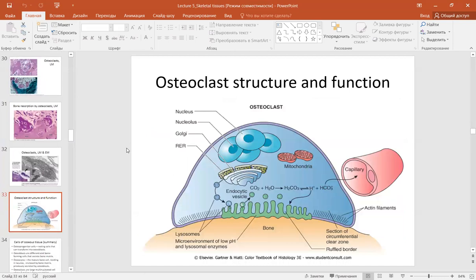Osteoclast structure and function. Several nuclei, abundant mitochondria, Golgi complex, which is secreting lysosomes delivered to the house-shaped lacuna. This is the ruffled border from which the